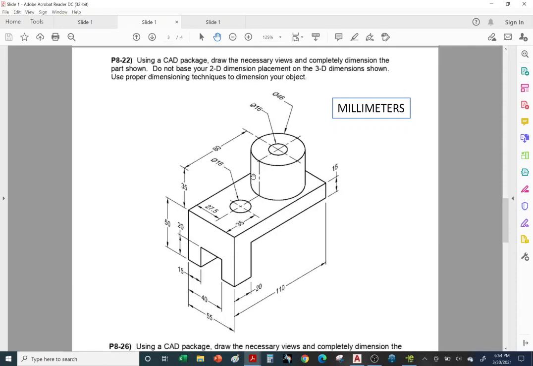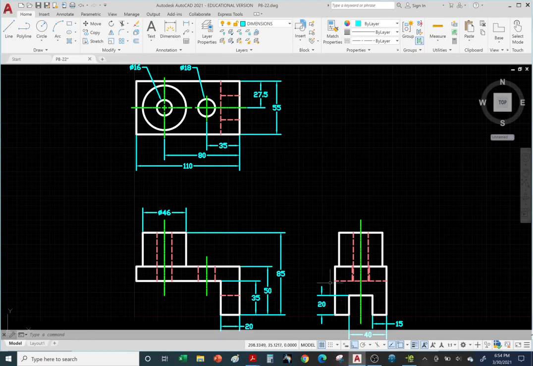The machine shop that's going to machine this part for us, they don't like millimeters. They want to go with inches. All right, so let's convert this to inches. You don't have to do this part. I just want to show you how to do it. So if we go to the notes,